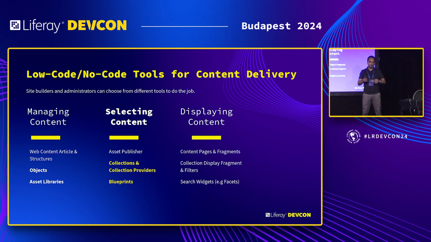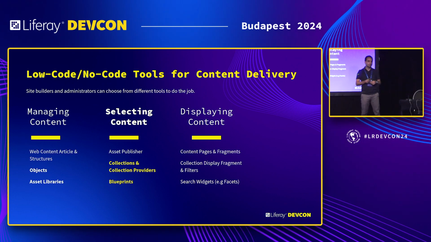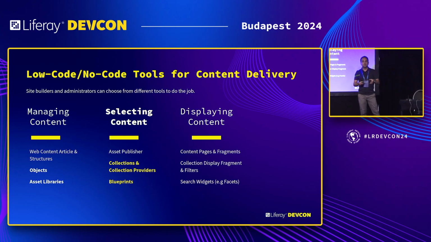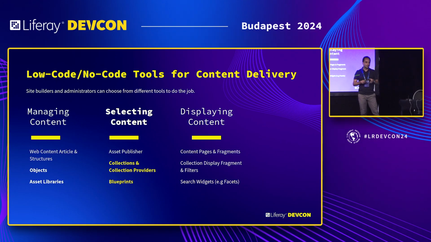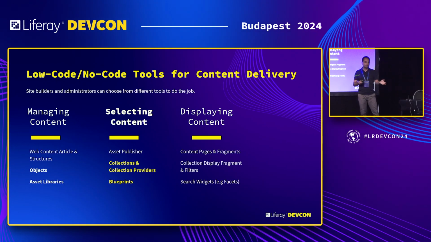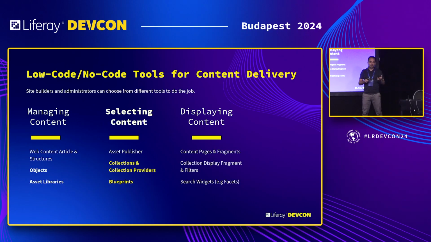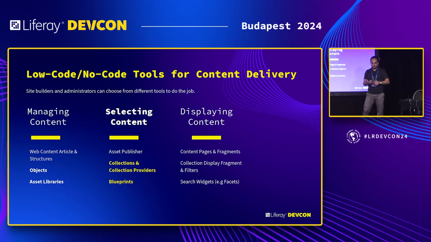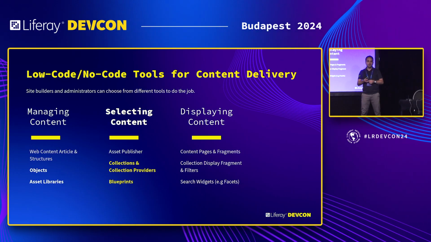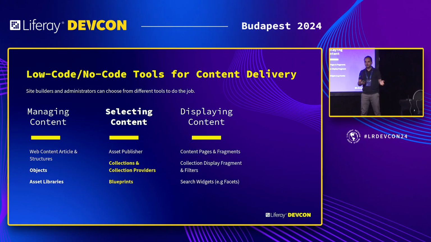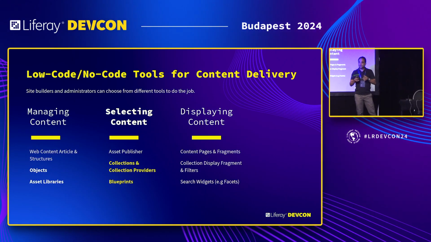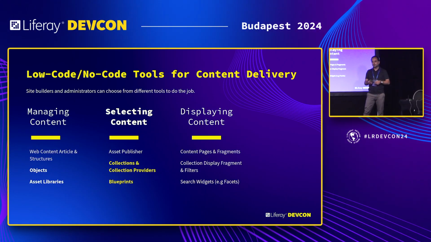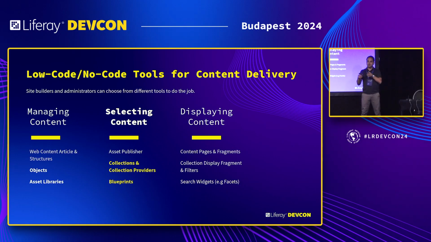So on the managing side, for example, you can choose web content and web content structures, which determine the information that the content creators can enter, usually in the form of fields and their types. And we have objects, like you heard, and you will hear a lot about objects, our new way of modeling and creating applications without writing code, or asset libraries, which is the new way to make content reusable